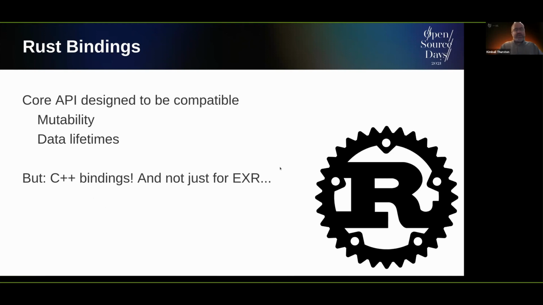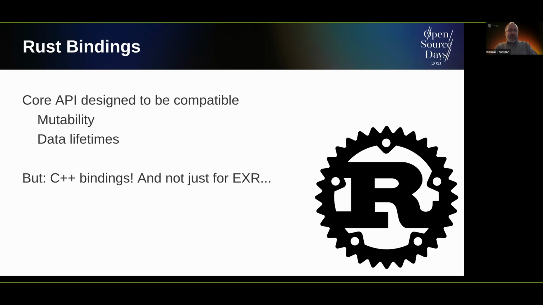So one final thing I should mention is that we've designed this API such that it's compatible with things like Rust, where Rust has a very, very strong concept of mutability and data lifetimes. That was one of the design goals, to be compatible with these sorts of languages, such that they can bind in and use the library and feel confident that they're doing so safely. And so if there's any places where anyone discovers that this isn't true, then please let us know